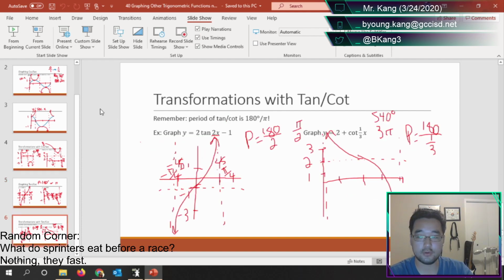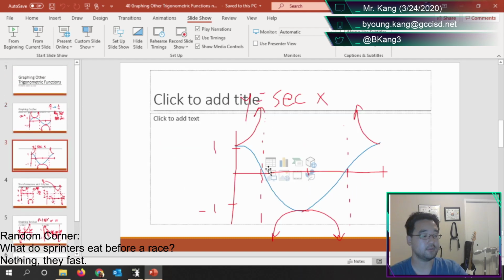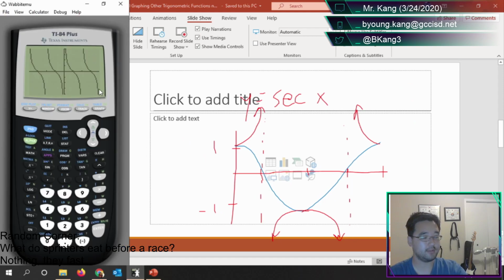The best way to organize your work when you're doing all these graphing problems, if you don't remember, is set up your axes, label your y-axis, so do your vertical shifting and your amplitude first, then you do your x-axis, do your period change and your sideways shifting, and then draw your parent function, whatever the parent function is. So the newest thing with the 4 new ones we learned yesterday is that they all have these asymptotes, they all have these vertical dotted lines, which are required. They don't show up on your calculator because they are technically imaginary, but they are boundaries you're not allowed to cross. And most, if not every pre-cal teacher I have ever known or had as a teacher will make you draw those.